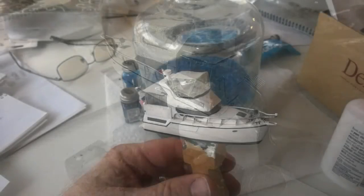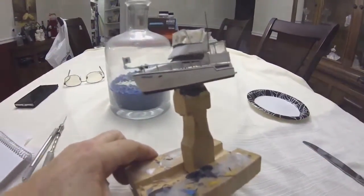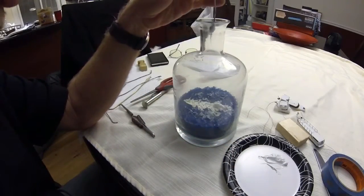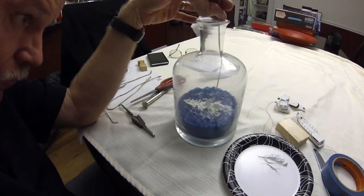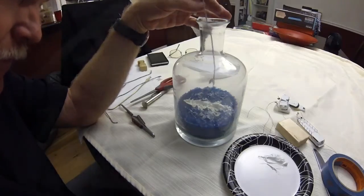hull. And once the ship is actually built, and it's all built outside of the bottle, then we're going to show you the process of getting it into the bottle. So this is the finished cabin cruiser or yacht. I'm going to start by adding some white silicone to the artificial sea, which I already